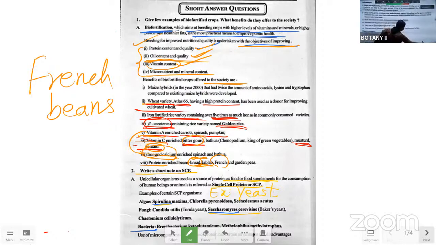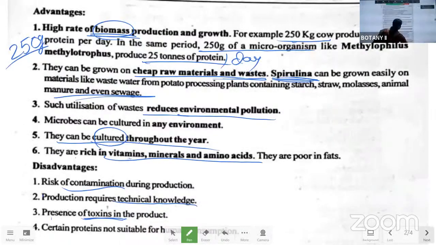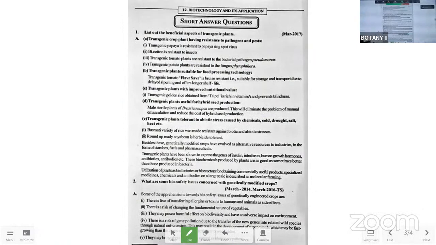Okay, and the next one is from the 12th chapter, that is applications of biotechnology. In that, again, we have 4 questions. Out of 4 questions, we can expect 1 question. So in that 1 question, which chapter may it come from, the 11th or the 12th? Mostly they will give from the 12th chapter. That is 90% they will give from the 12th chapter, because the 11th chapter is the LAQ, that is the RDNA